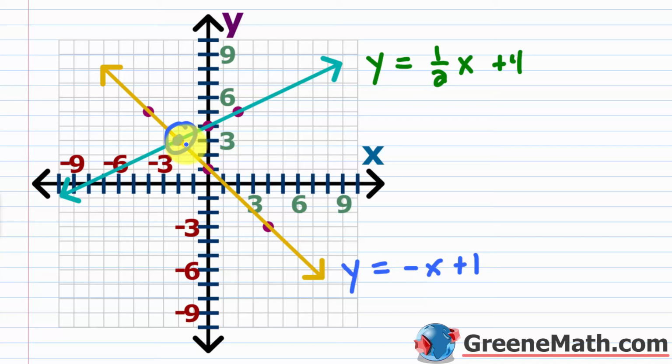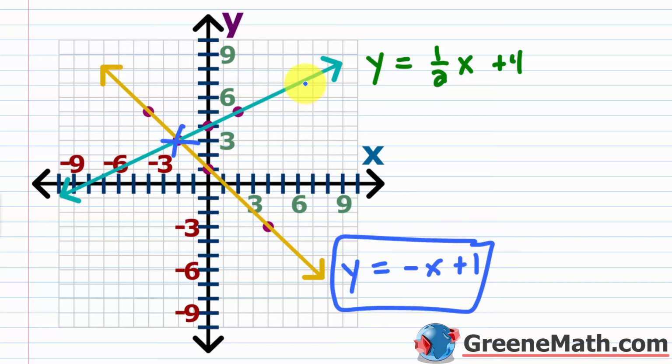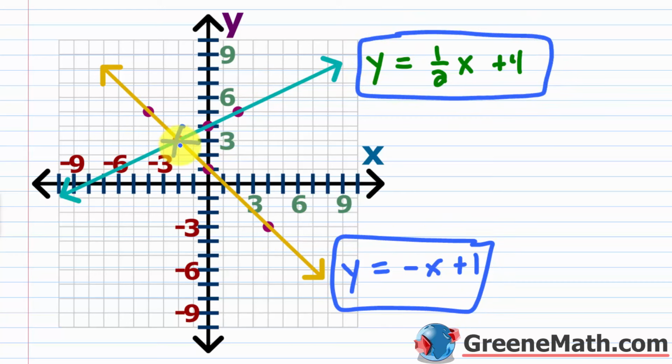But the main thing to notice here is that that point that lies on both lines, or the intersection of these two, is going to solve both equations because it's on both lines, right? Every point on the line is a solution for the equation. So every point on this yellow line is a solution for this equation. Every point on this teal line is a solution for this equation. That point of intersection, which is negative 2, 3,